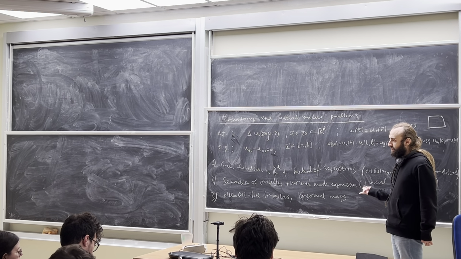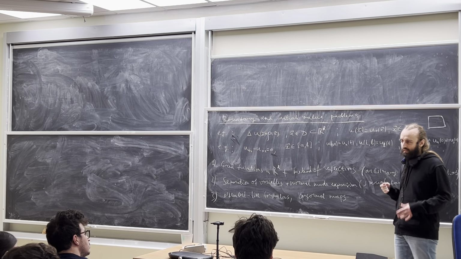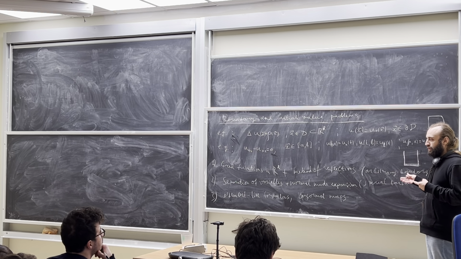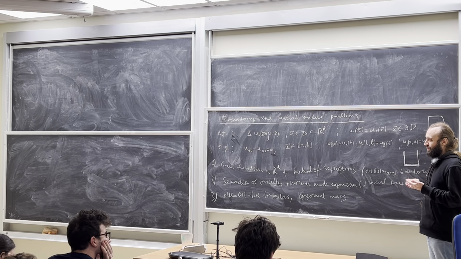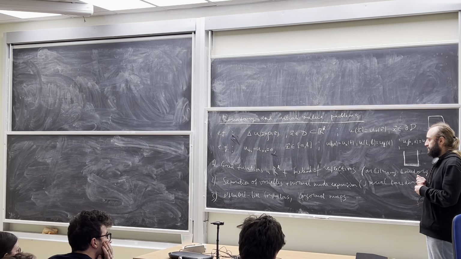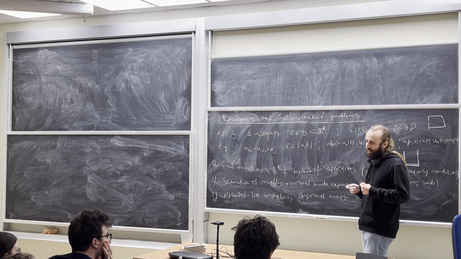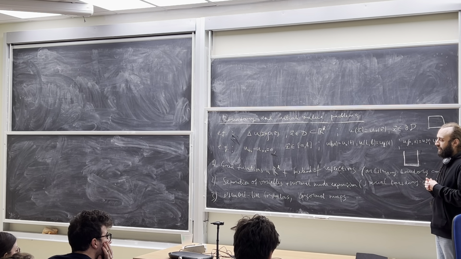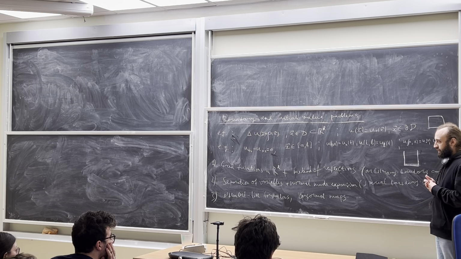This is the case where we can write a solution of some equation almost explicitly. Like for the wave equation, we know that an arbitrary solution is just a combination of two functions of x plus t and x minus t, and when we know this, we can do anything. We just need to find this function. Or if it is not the wave equation, but the 2D Laplace equation, we know that its solution is a holomorphic plus anti-holomorphic function, and we can use all the techniques that can give these functions.